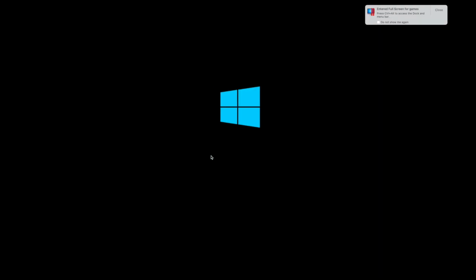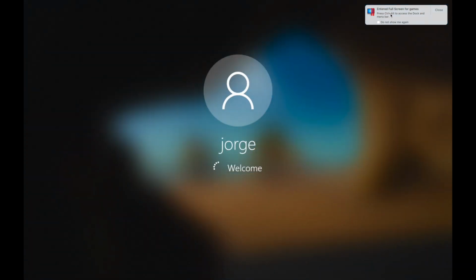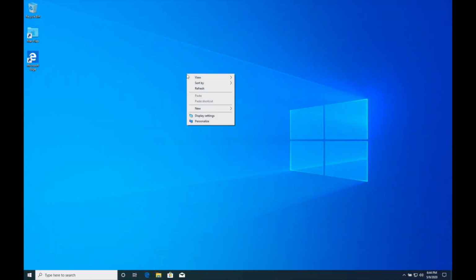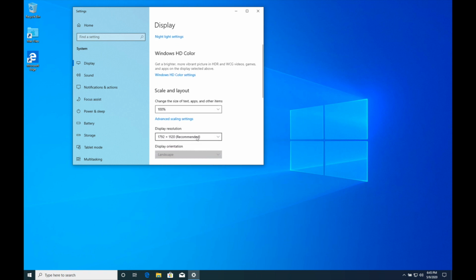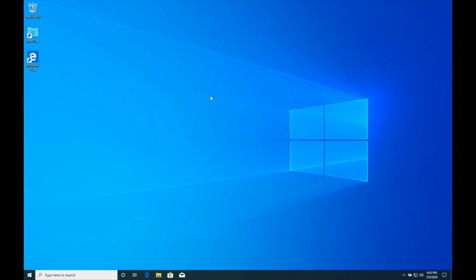Windows will start in full screen, and if you want to access the dock, you have to press the keys Ctrl plus Alt. Now check if the screen settings are what you want, and you can change the resolution to whatever value you want. This is related to your monitor. Now let's go to